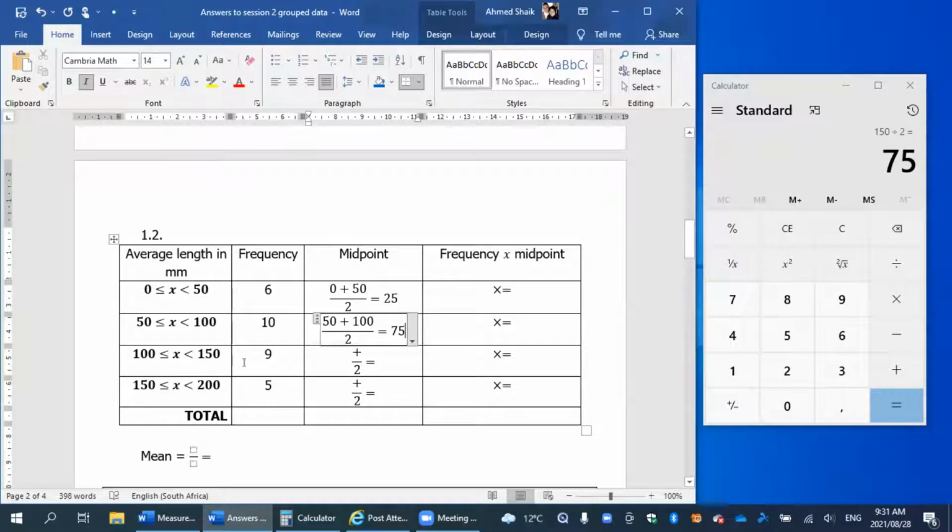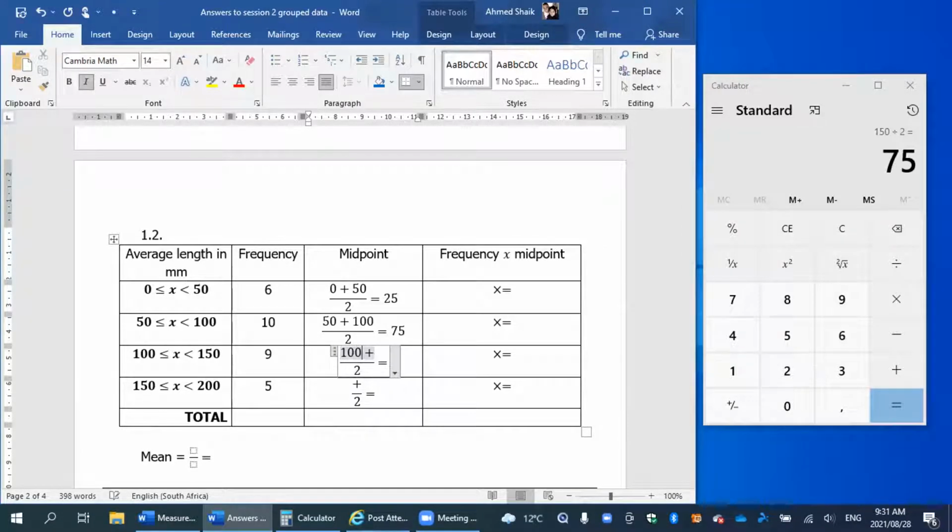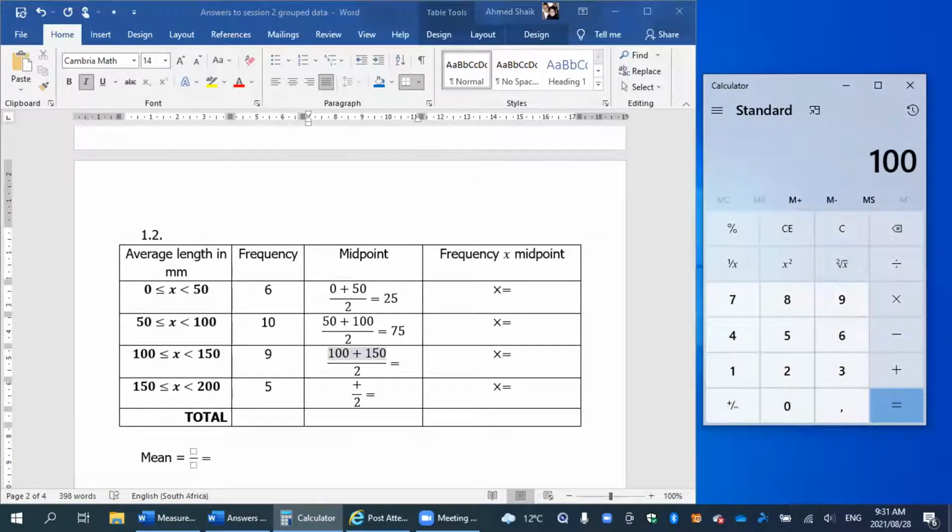Okay, our third interval. We have our first value, which is 100, plus our second value, which is 150. Let's work that out. That gives us an answer of